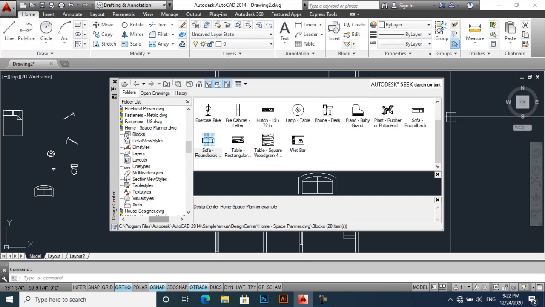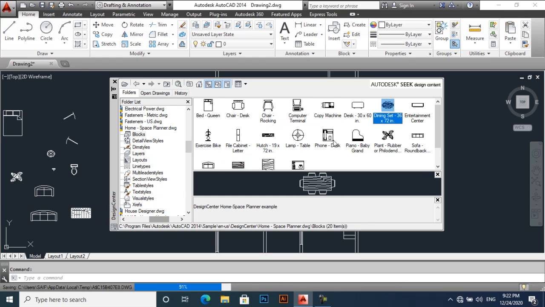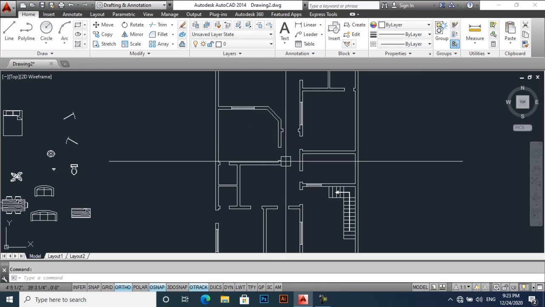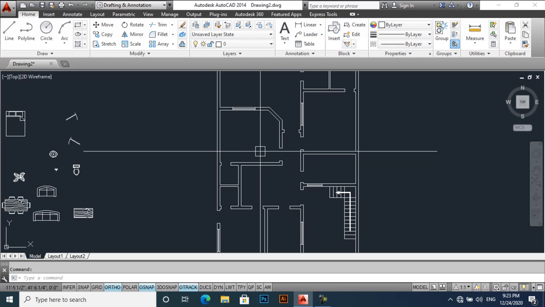sofa, double. Yeah, you can import plants, table, and we have a dining set, so I will import this also. You also can download from the internet. I will pause the video and place all these doors, but first remember one thing, I am scaling one in